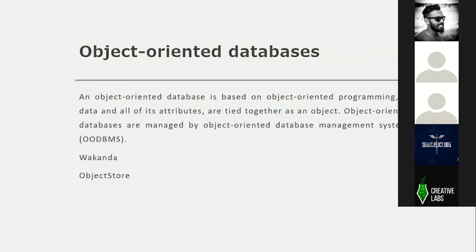And we have object-oriented databases, same as our object-oriented programming languages. We have object-oriented databases where we treat objects and classes. There we can create classes and create objects out of them, and we can store them in our database management systems. So that is called object-oriented databases, which are managed by object-oriented database management systems. For example, there is Wakanda, not King T'Challa's Wakanda, this is the database Wakanda. We have ObjectStore as well here, right? Those are some object-oriented databases available, and you can also search for more.